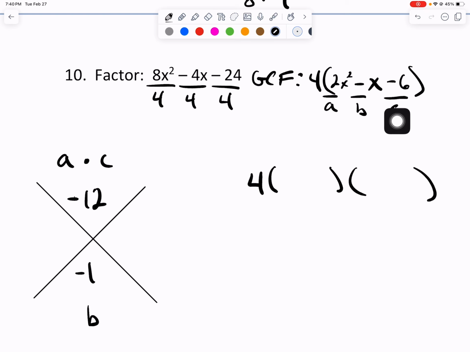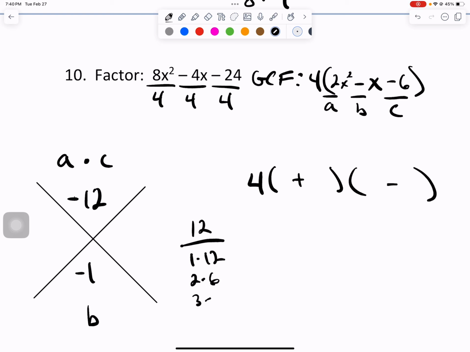Now, when we have a negative 6 here, that's instantly going to tell us that one of our numbers will be a positive and one will be a negative. So I'm just going to go ahead and write it as plus negative. And the greater value will be a negative. So let's just find the factors of 12. We have 1 times 12, 2 times 6, and 3 times 4. We're going to be doing negative something plus a number. If the negative is going to be the greater of the value, because our B value is negative,